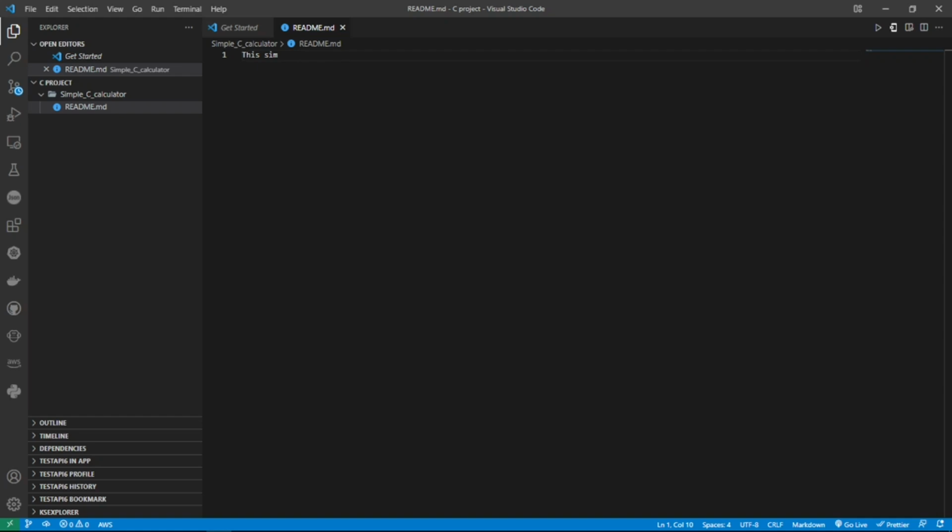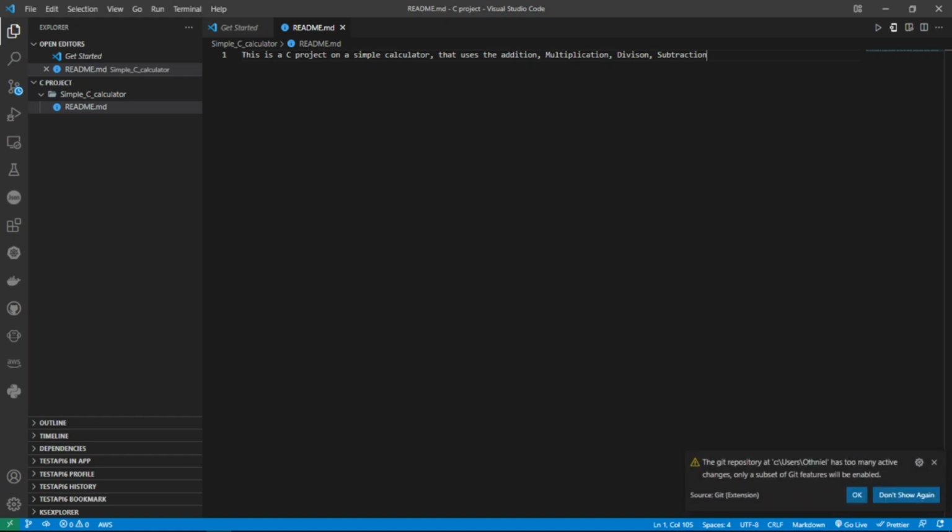This is a C project on a simple calculator that uses addition, multiplication, also uses division, also uses subtraction, addition, multiplication, division,